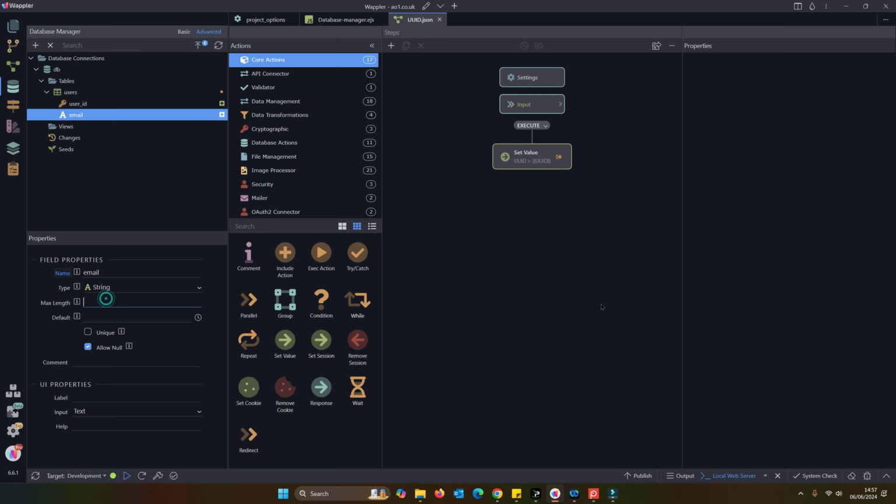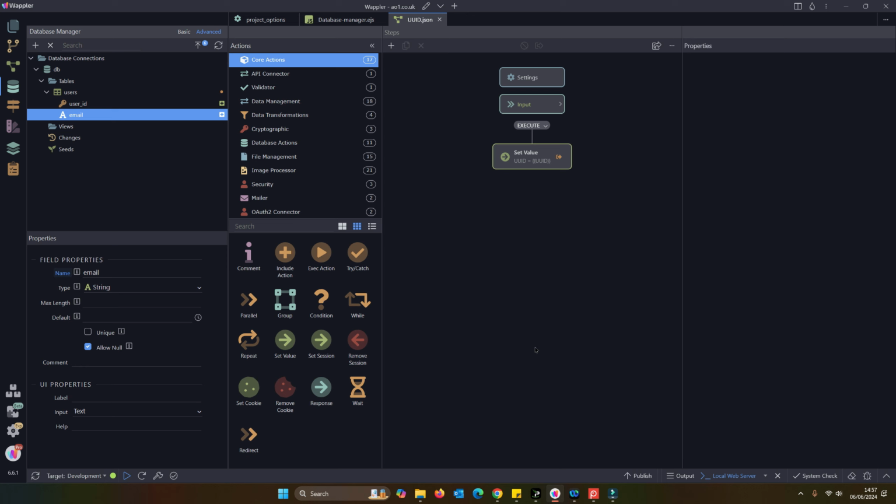We can, however, define the maximum length of the string. There's the odd occasion where we might want to do that. We can also add a default value. And just bear in mind we're in the advanced tab here, so in basic you wouldn't be able to see any more options, but I'm going to work in advanced.